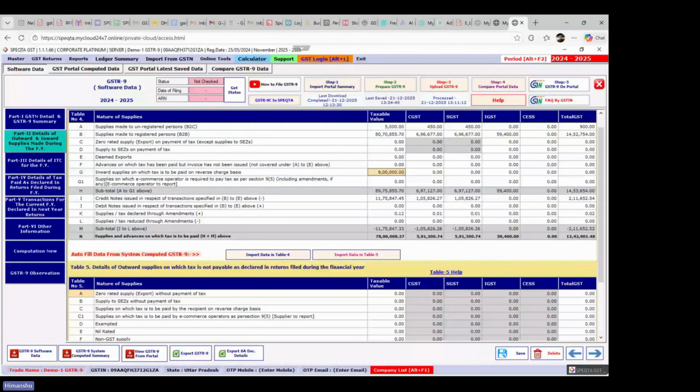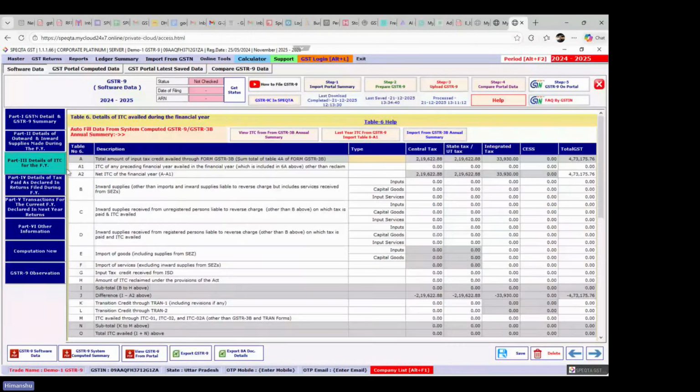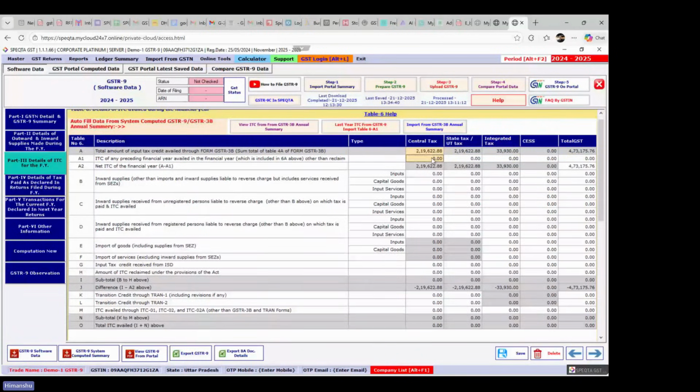Now coming to the most critical part relating to the input tax credit. Now input tax credit related reporting and the situations that are coming. If you are having the input tax credit, in this example, it is input tax credit of 2,19,000, and this 2,19,000 includes the previous year input tax credit, that is 19,622. So we need to enter here, and I have already discussed this point earlier in my deliberation in starting, that